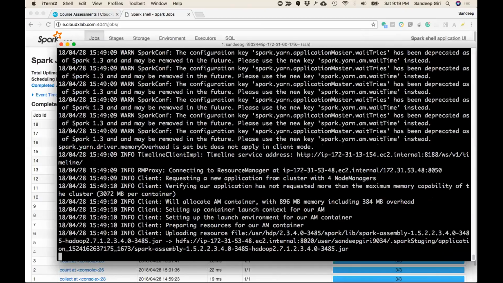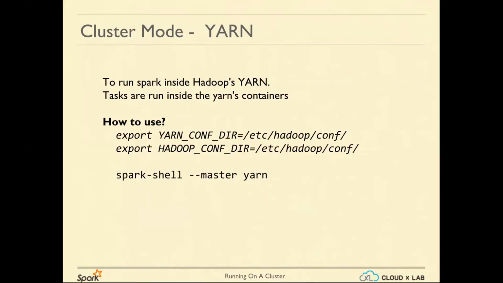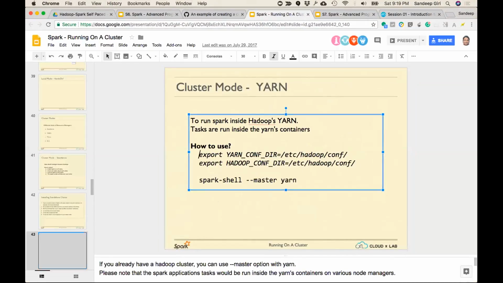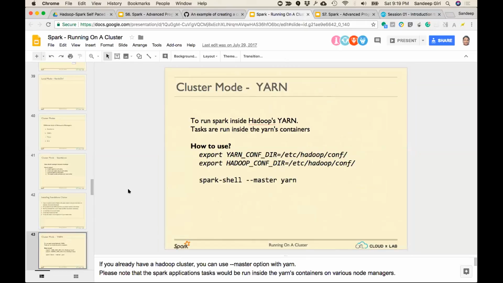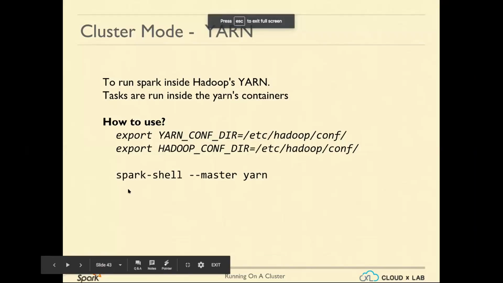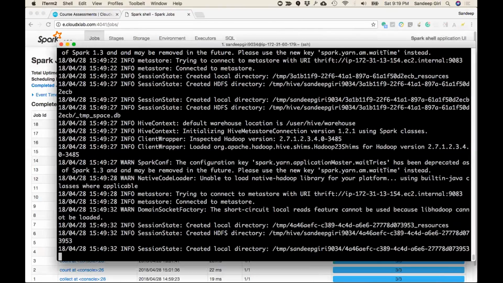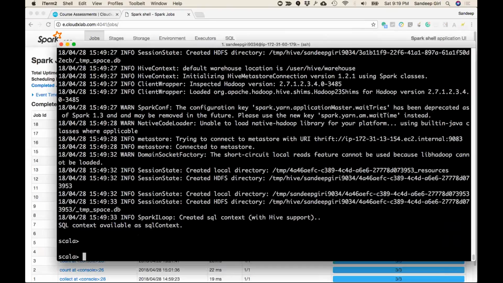Keep this in mind that we're going to talk to Spark on YARN, and it might take a bit of time to set up everything in YARN. All right, so here, since I'm in the YARN mode, now I can do, let's say,